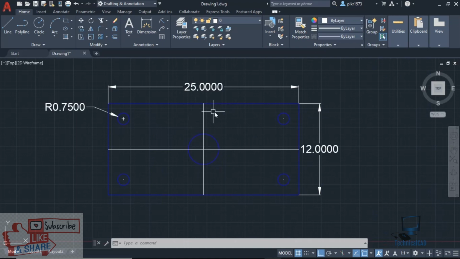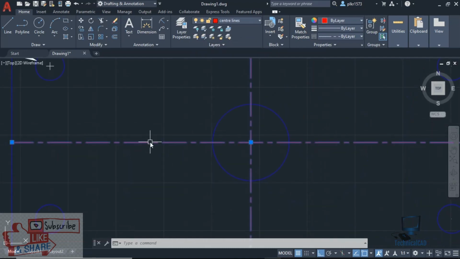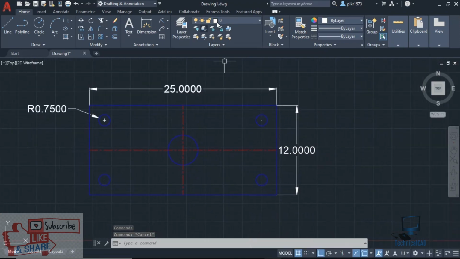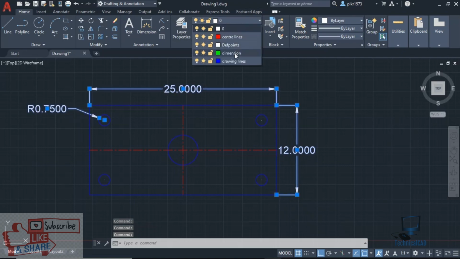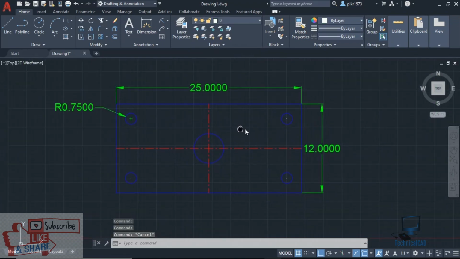See, we have to modify this to center lines. Center lines. Now you can see the line has been changed to its type. And now dimensions. Select these dimensions and give dimensions. For this purpose we can